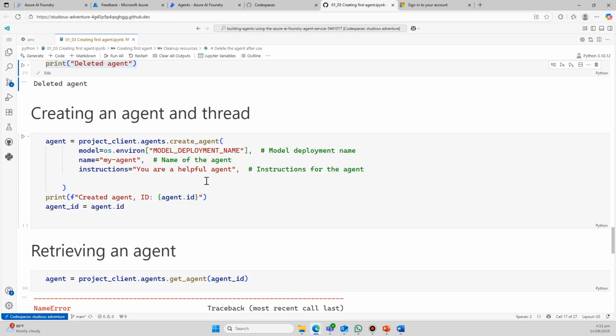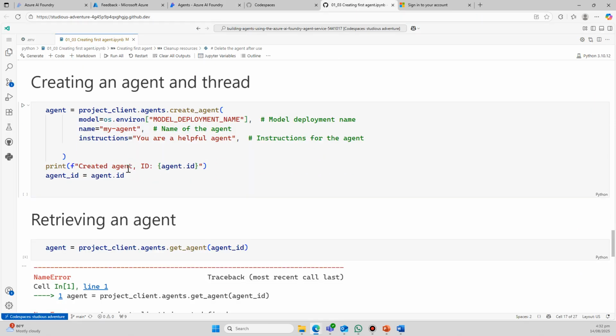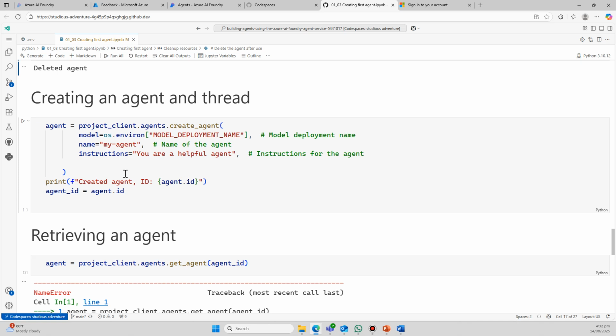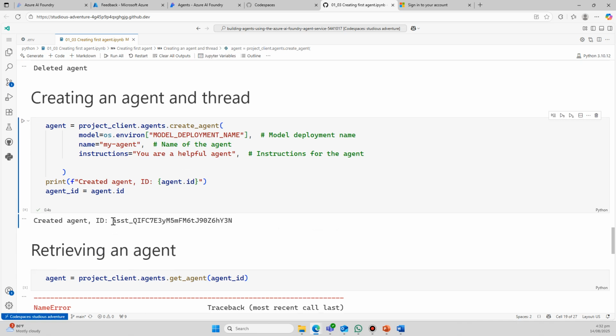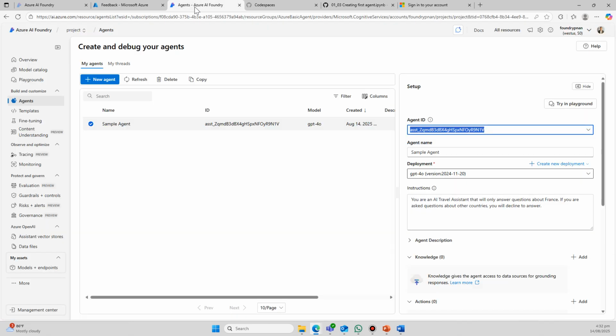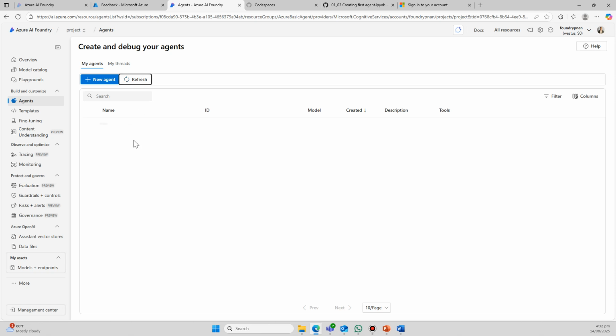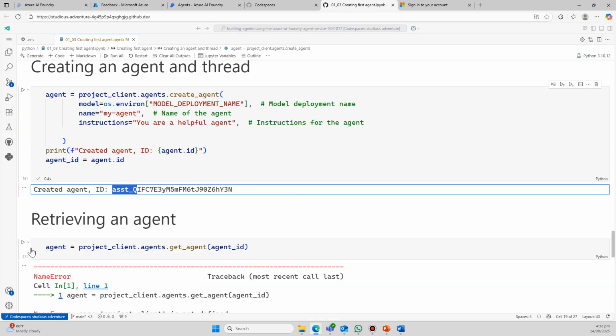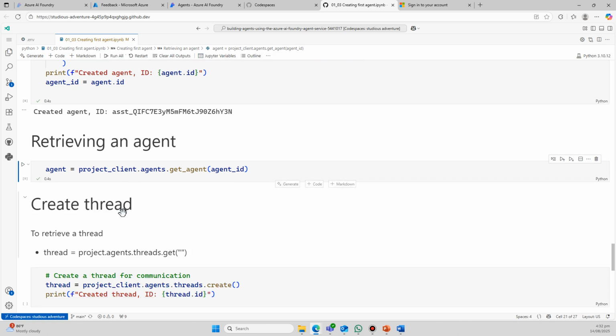Here's an example. I will create another agent, in which case the agent ID is assistant QIFC7E, etc. If you go back to the portal and refresh, the agent is here. Now this line of code, agent project underscore client agents.get agent, gets the agent based on the ID.